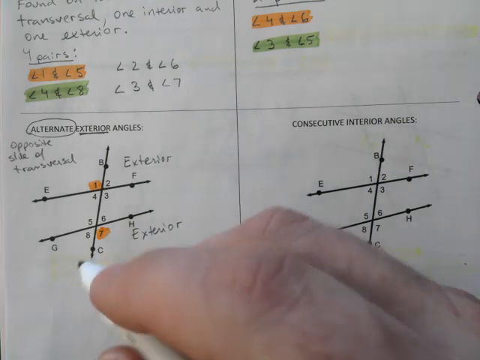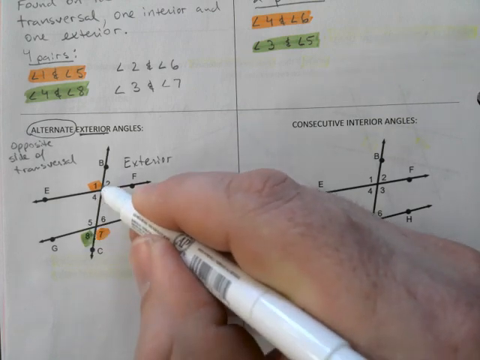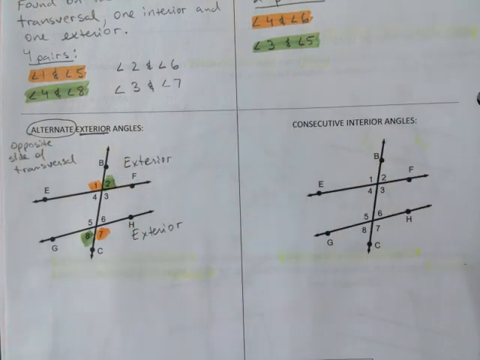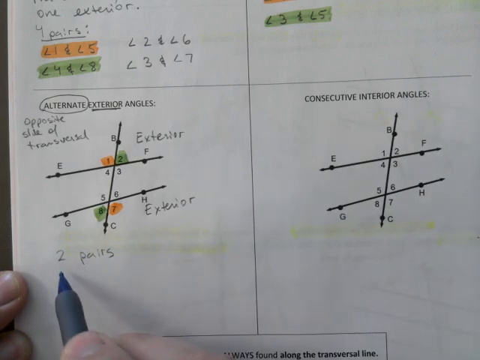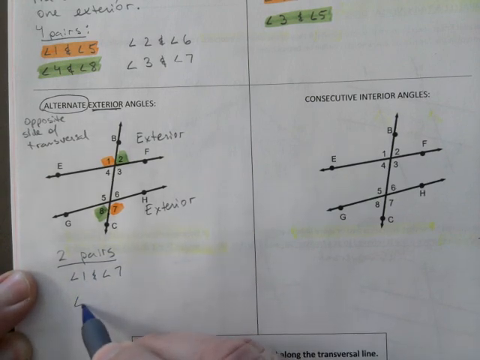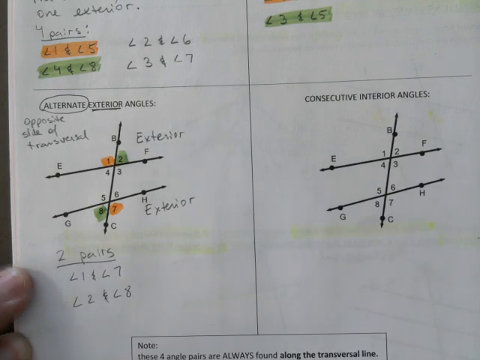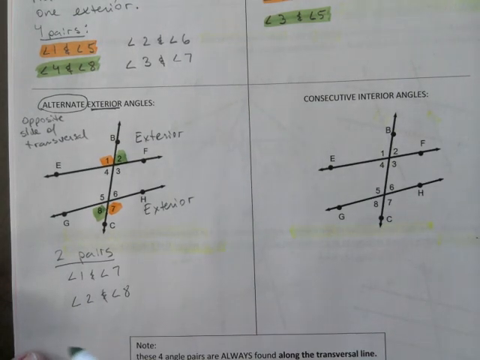And let's say you start with 8 here, that's where you start, then the alternate exterior to it would be way out here. And you have, just like before, 2 pairs. Angle 1 and angle 7, angle 2 and angle 8. And I will match the colors. 2 and 8, I use green for that. 1 and 7